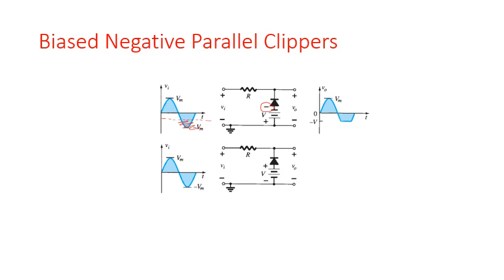On the other side, this is positive, so you draw positive over here. It's a negative clipper, so it clips everything that is below, and the output waveform that you get looks like this. How to solve it using equations is something that we have already done before, so that is the method you are going to use. In the positive half cycle, my diode is going to be reverse biased. In the negative half cycle, your diode is going to be forward biased, so you're going to solve it accordingly.